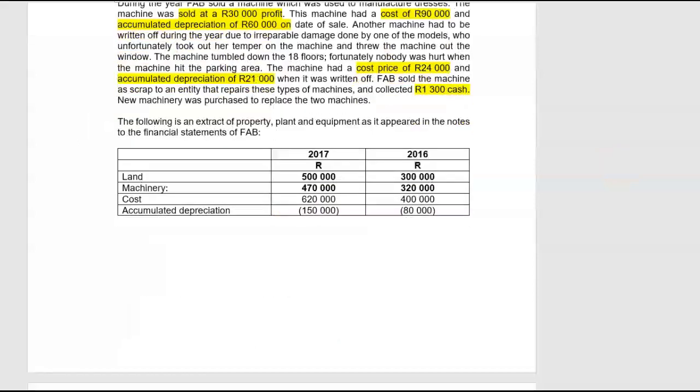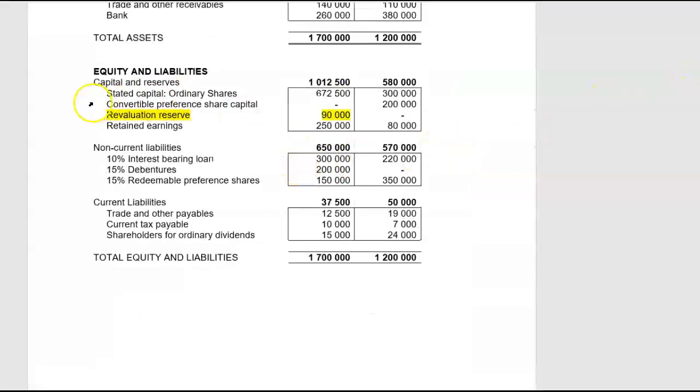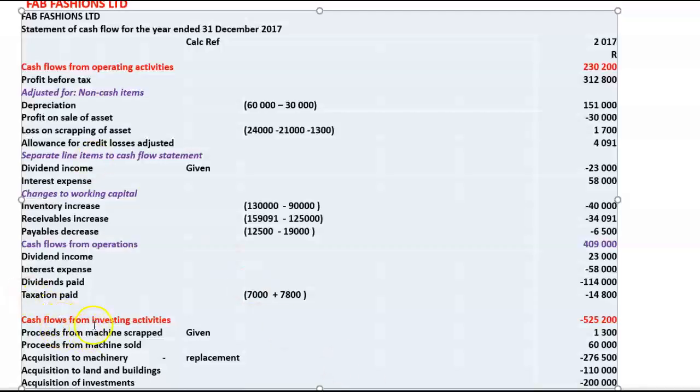Great. Coming back to our PPE, we haven't done land as yet. So let's draw a T account for land. Opening balance 300,000, closing balance 500,000, and then we had a revaluation reserve of 90,000. So it will be our opening balance plus our revaluation reserve less our closing balance. That will give us the new land that we have acquired during the year. So acquisition of land and buildings was